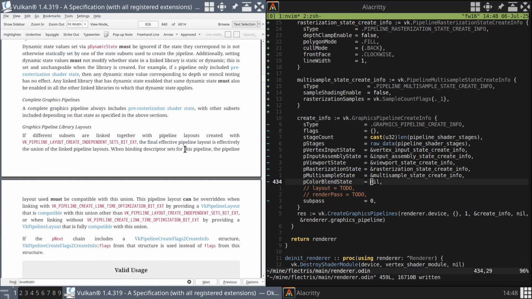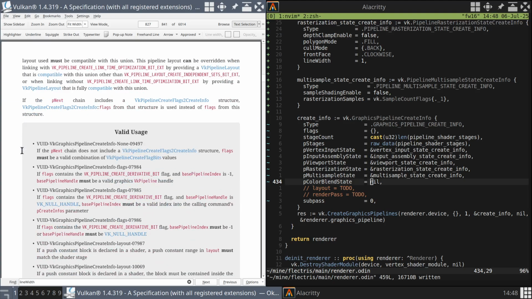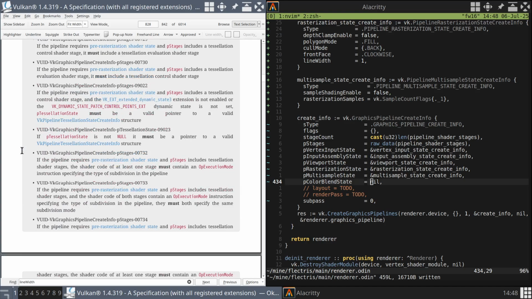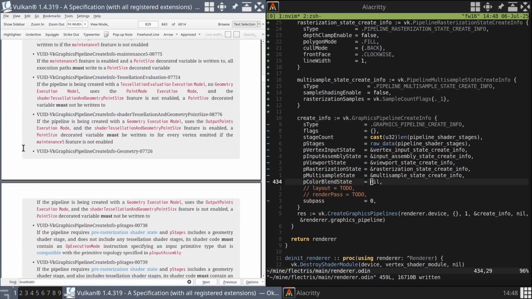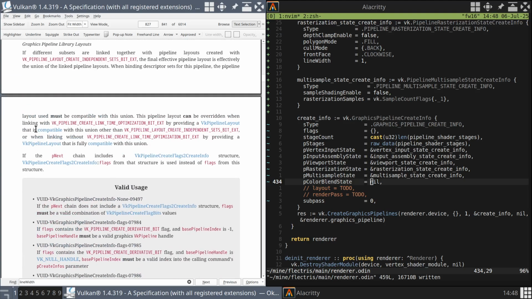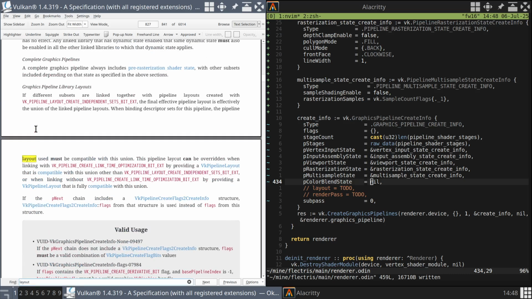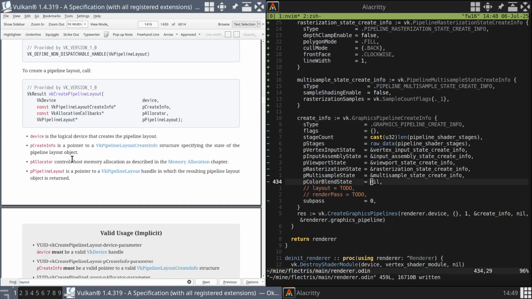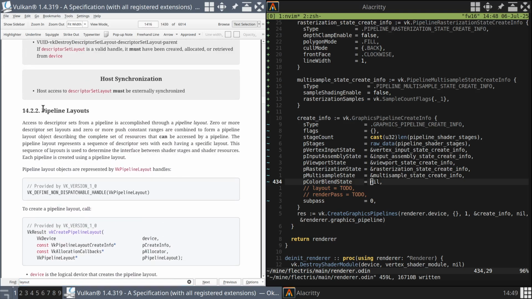So dynamic state, complete graphics pipelines, graphics pipeline library layouts. If different subsets are linked together with pipeline layouts created with this extension, the final effective pipeline layout is effectively the union of the linked pipeline layouts. Sounds like not us. Please, something in here linked to layout. Can I just do a quick Control F and see if it comes up? So, pipeline layouts in